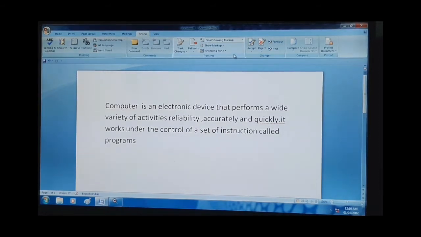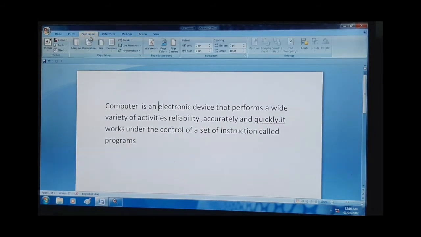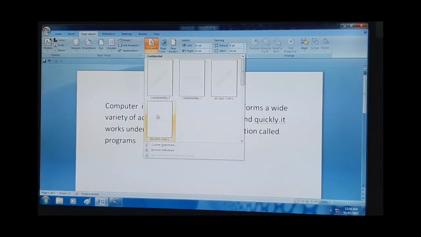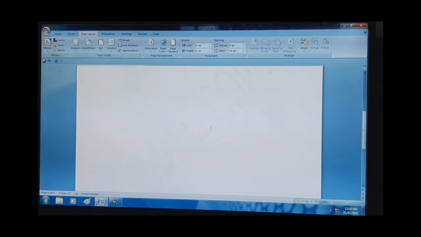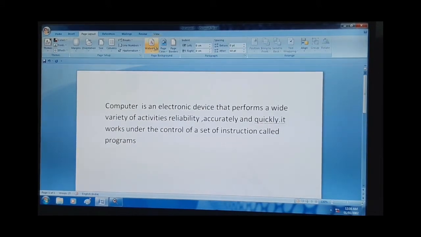We will go to the Page Layout tab, then click Watermark in the Page Background group. It displays a list of pre-designed watermarks. As we select a watermark, the page displays what is called a pre-designed watermark. Here you can see it was saved earlier, so it is a very light color. We will change the color of that.